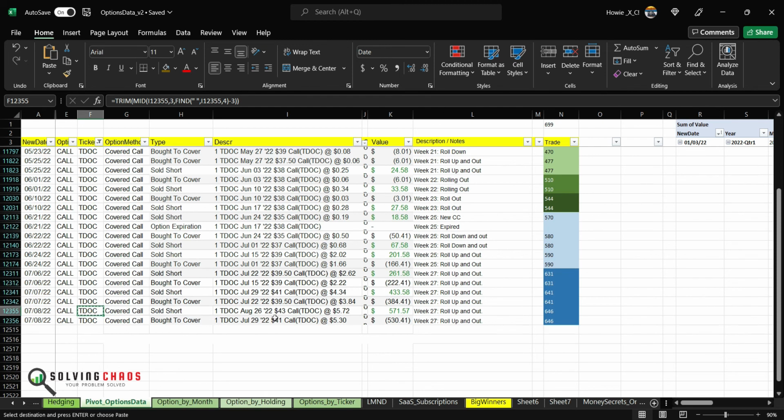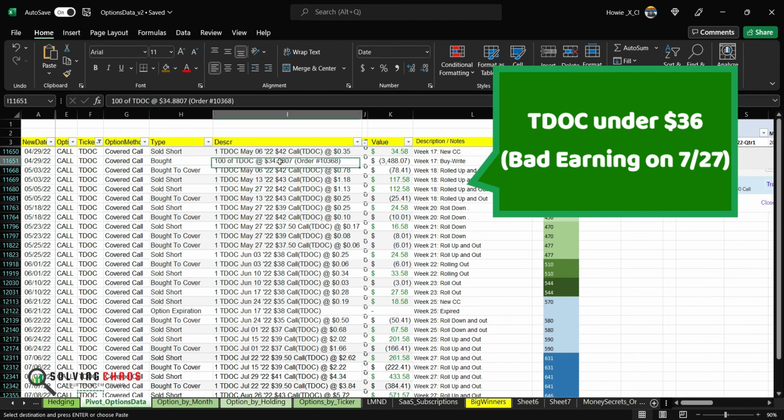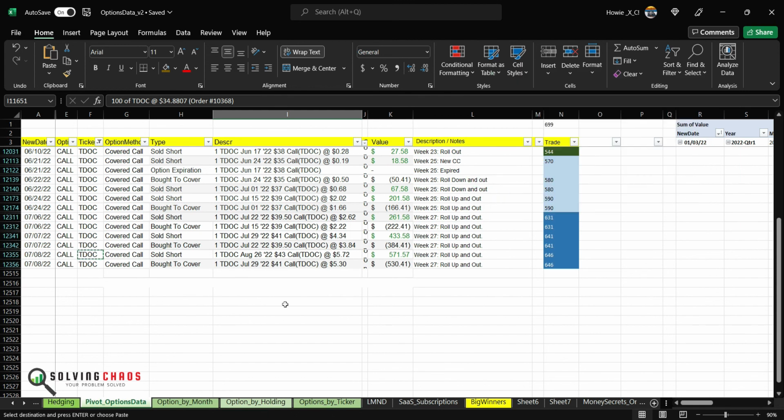My goal here is very similar to what I just did with Visa. I would like to keep on rolling it up and out into the future. Because the goal is, if I bought Televox over here, and if you scroll back here, I bought it at $34.88. If the market is now at $40, I made money. But I want to collect options premium and keep on rolling the strike price higher. Again, I'm hoping to do this for the next who knows how many years. I'd like to do it for the next 5 years and then show you how much money you can make owning 100 shares of literally any stock and writing cover calls on it.